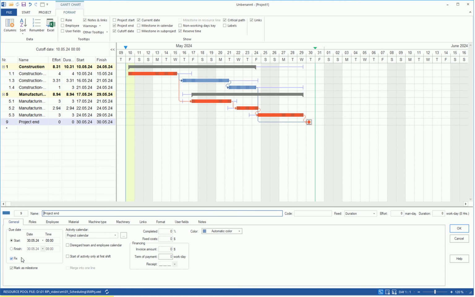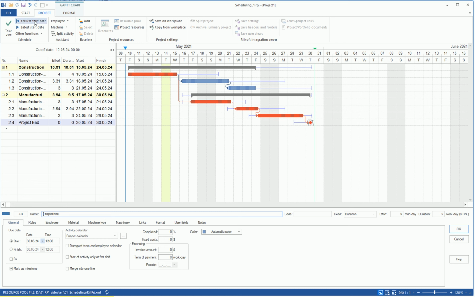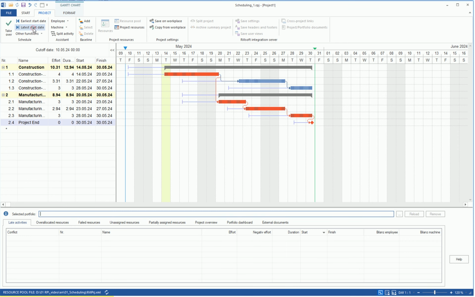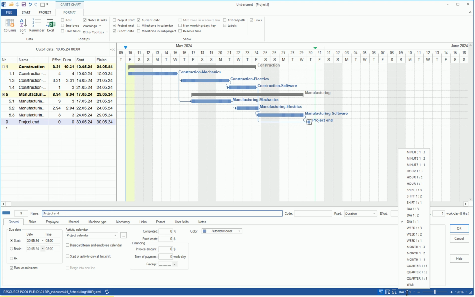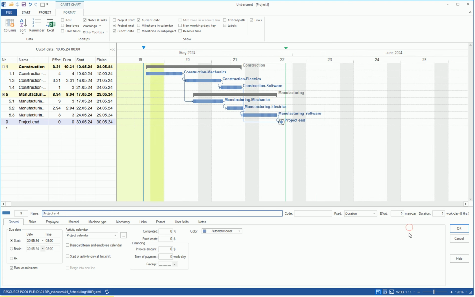If we delete the fixing of the milestone, we can calculate and display a latest or earliest project situation within the given time frame from project start to project end. We remove the markings for buffer time and critical path. The timescale can be flexibly changed by clicking on the timescale at the bottom right with the left mouse button and selecting the desired display,